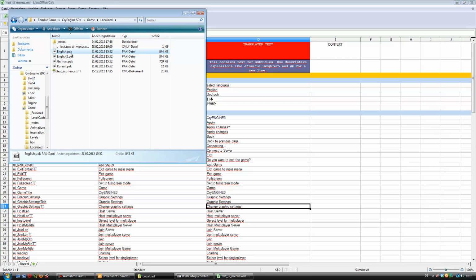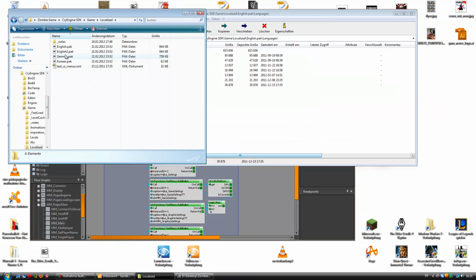So just pack that thing back into the .package file, or simply make a second English file, put it in there, and then swap the names by renaming firstly that and then that to English.pack, since then you will have the original language files, etc. left without having to download them again. Okay, then